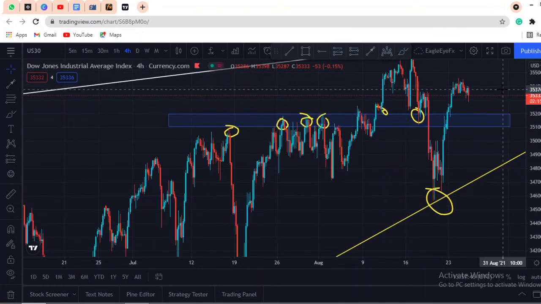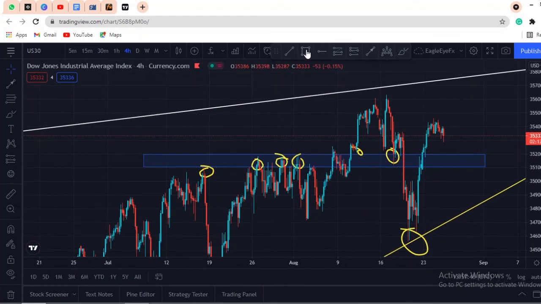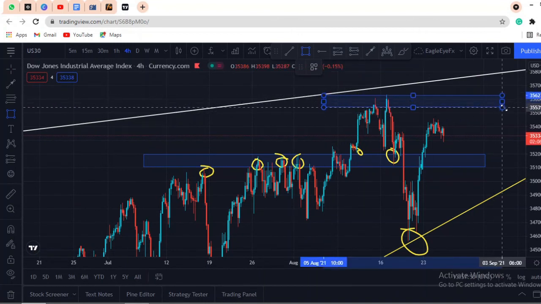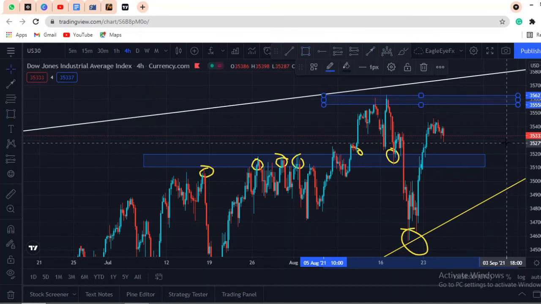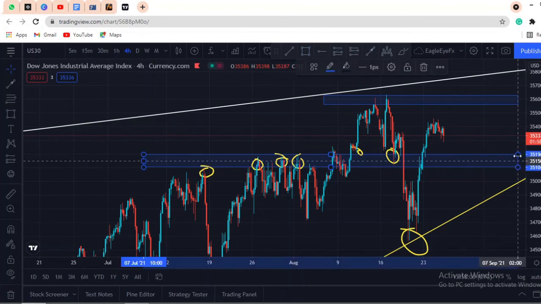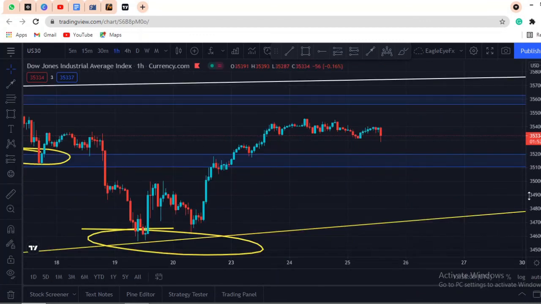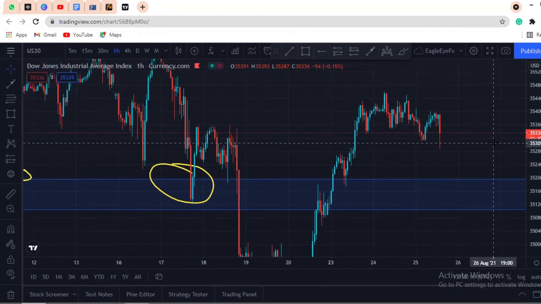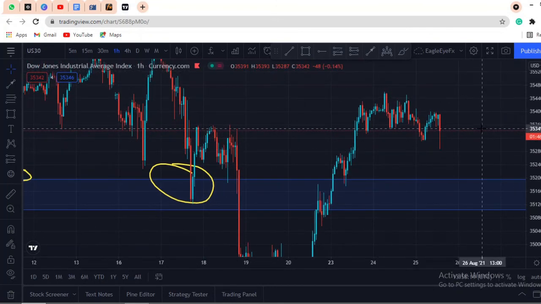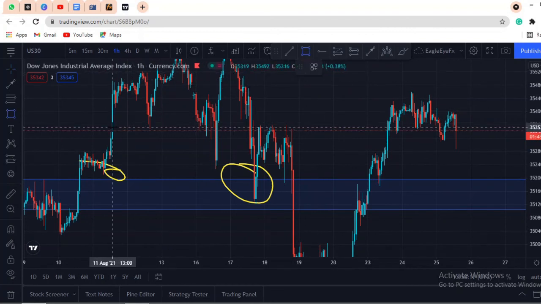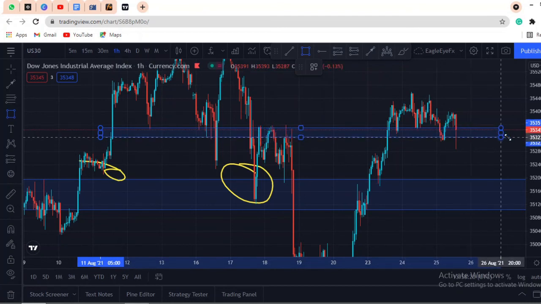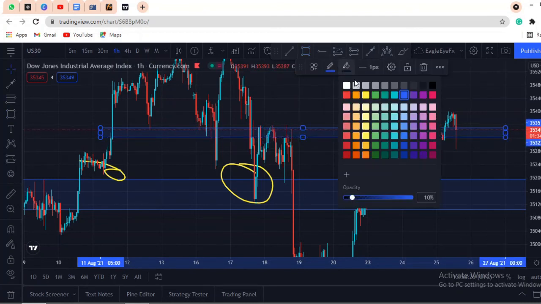And also what we can do is we can draw another zone here. You can draw another zone over here like that. Okay, let's look at a 1-hour time frame and see what is there. So on the 1-hour time frame, you can still draw this. I can draw this like this. I can do something like that,